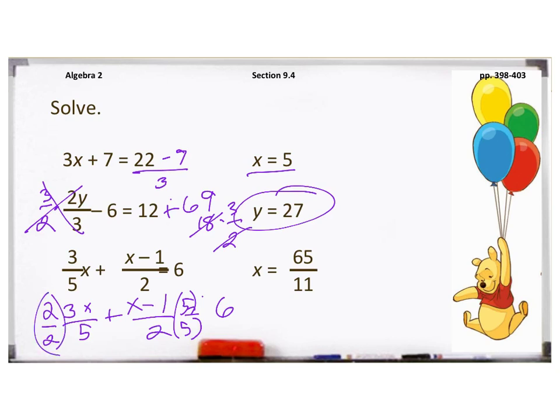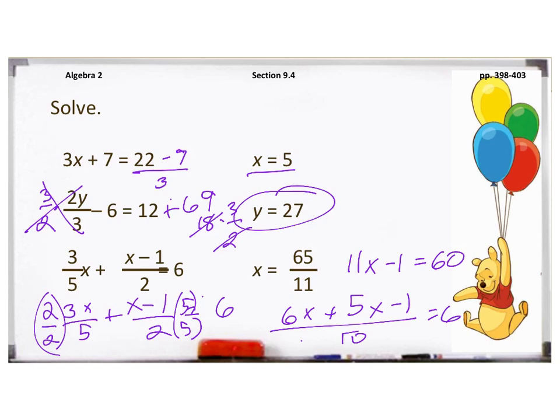So this is going to give me 6x plus 5x minus 1 over 10 equals 6. I'm going to multiply both sides by 10 and add the 6x and 5x. So it gives me 11x minus 1 equals 10 times 6 is 60. Add the 1. 11x equals,